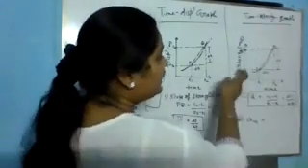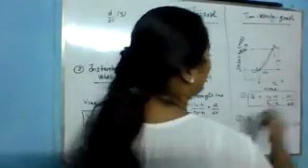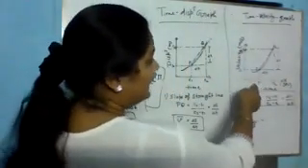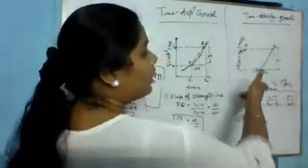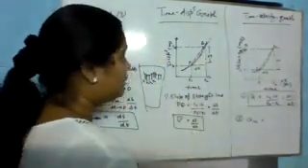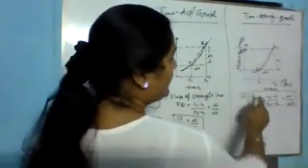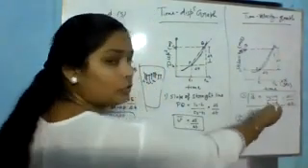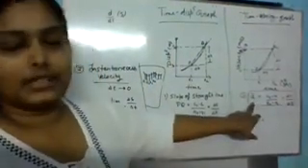You can see here, on the y-axis we have velocity in meter per second, and on the x-axis we have time in seconds. So at t1 the velocity is v1, at t2 the velocity is v2. Now we have to find out the acceleration, so we have to find out the slope of the line. Slope is change in y-axis upon change in x-axis, v2 minus v1 upon t2 minus t1. So delta v upon delta t. This is your average acceleration.